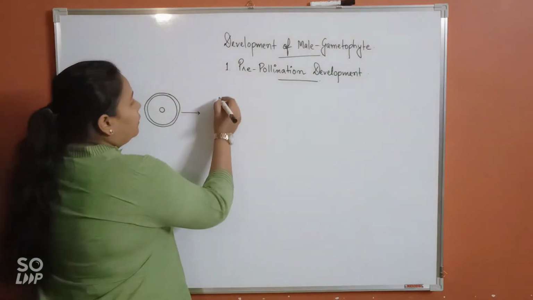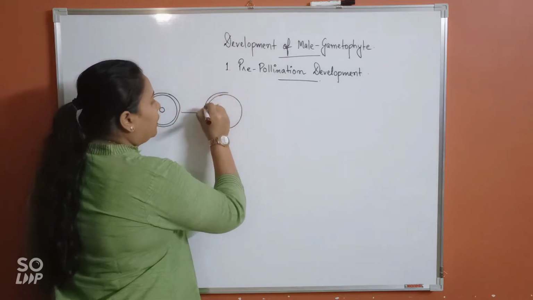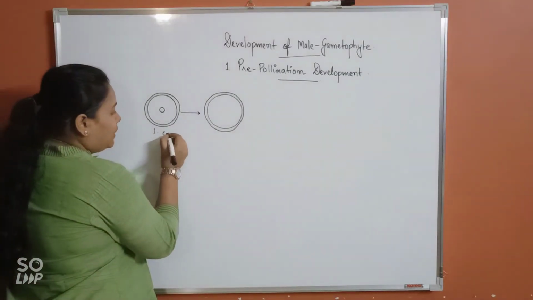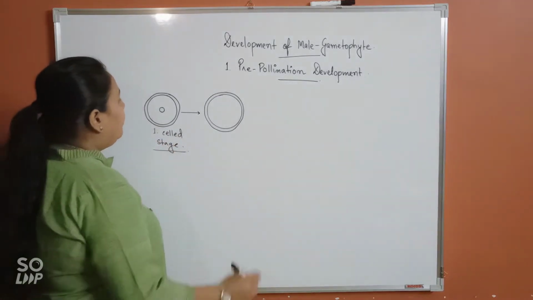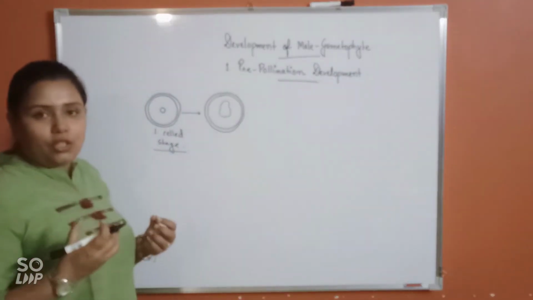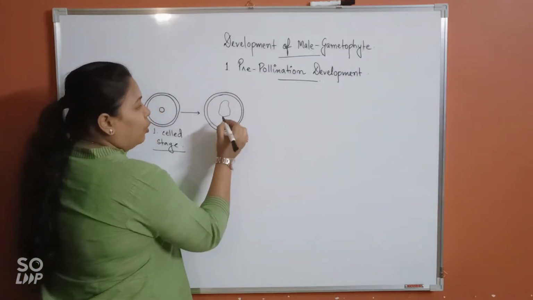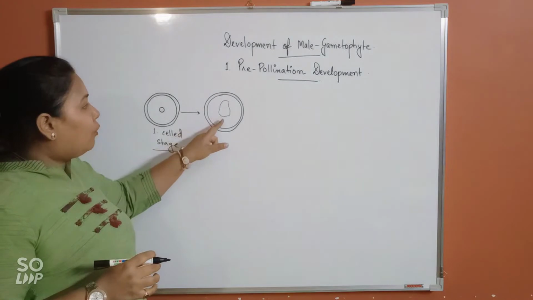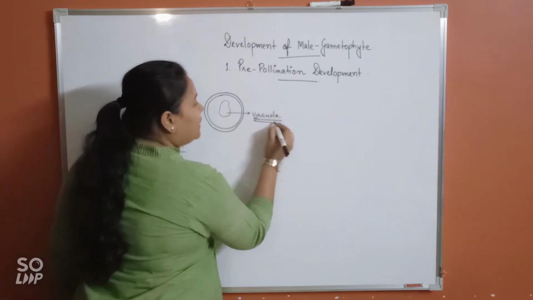Now, first, this being the cell wall or the sporoderm, let me refer to it as one cell stage so that you can differentiate later on. So at first what would happen, you see, the pollen grain, as it keeps on taking nourishment or nutrition, will start to swell up. And as it starts to grow, a vacuole will also start forming inside the cytoplasm of the pollen grain. So this is the vacuole, a vacuole which has been centrally formed.